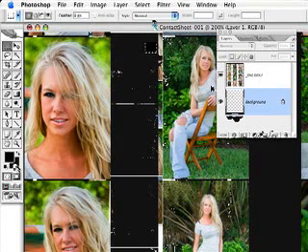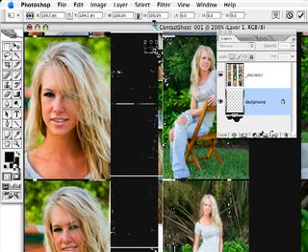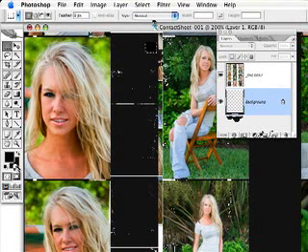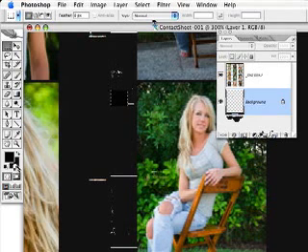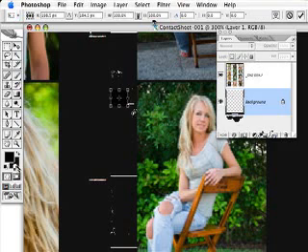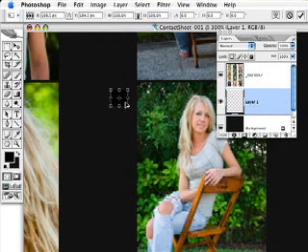So basically, let me actually tell you what I just did. I'm going to zoom in a little further to make this easier to see. I'm going to press Command-Option-T or Control-Alt-T. Normally I press Command-T for free transform, but by throwing in the Option or Alt key, it lets me do one other thing, which you'll see in a moment, make a copy. So I'm holding down two keys, Option or Alt, and Shift, because I want to make a copy of this square straight down on the same layer.